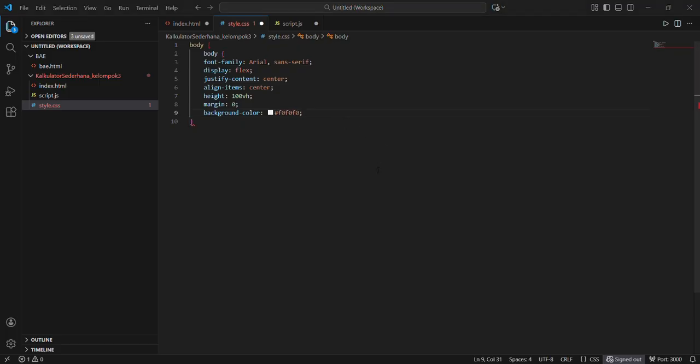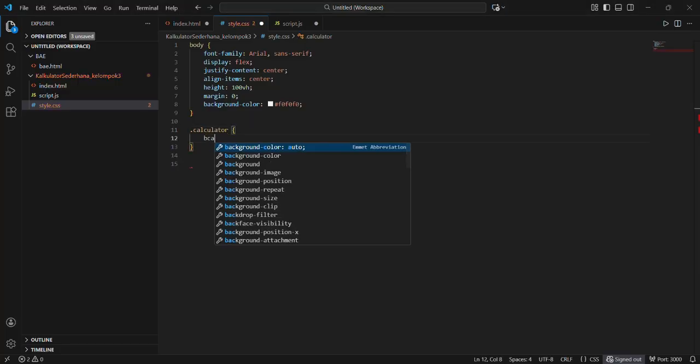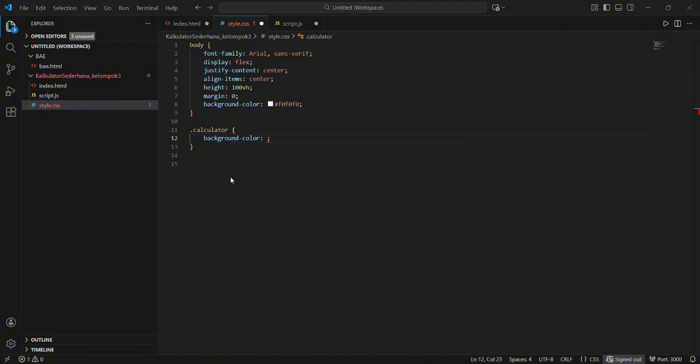Next, styling the calculator container. Step 1.